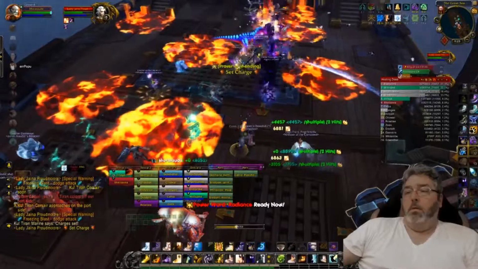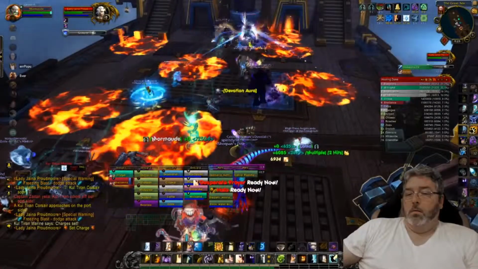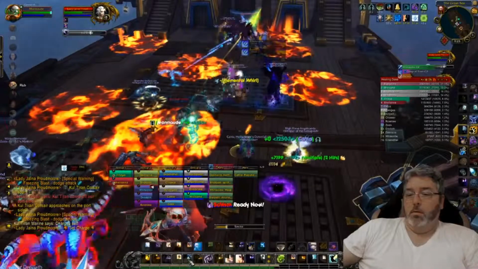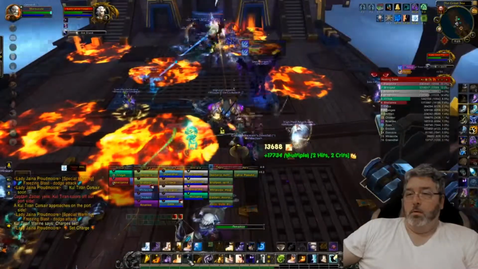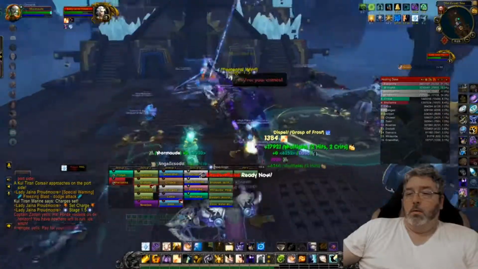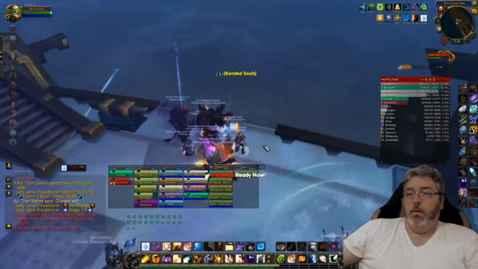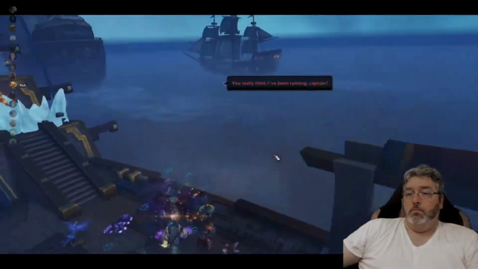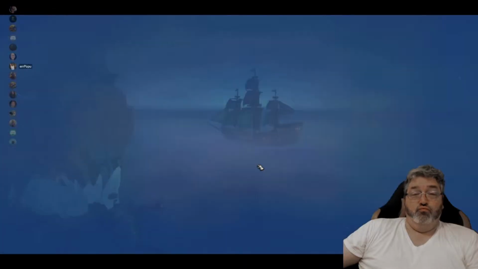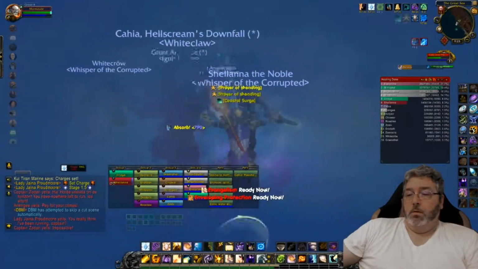So often we see videos where people are showing their perspective of their class or whatever, and what we don't often get along with that is what's going on in their heads during the encounter, why they're doing the rotation they're doing. So I wanted to set up a little series where as I'm fighting these bosses, I'm explaining why I'm casting what I'm casting, why I'm doing whatever and moving to wherever at any given instance,